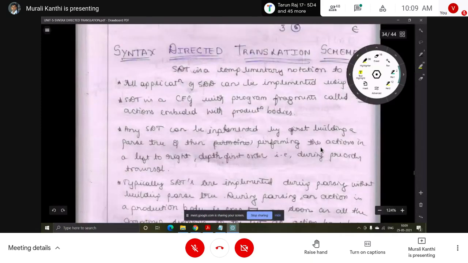The next topic is syntax directed translation schema. With this, half the unit will be completed. That means the first part of the third unit will be completed, so the syllabus for the mid-1 exam will be covered. After this, what is the time? We'll see it in the next class. No problem, only one topic is here.